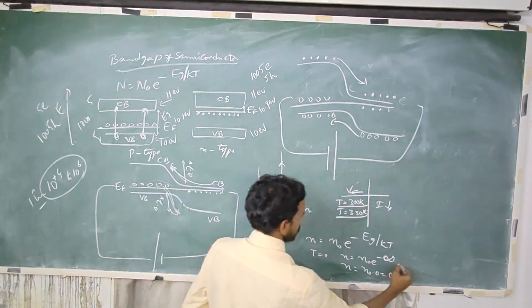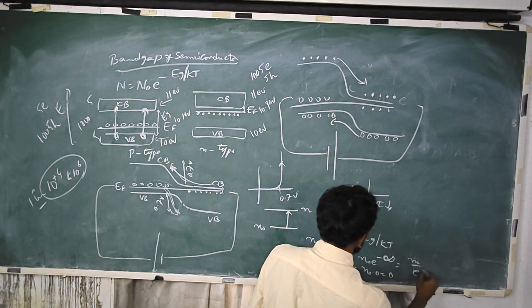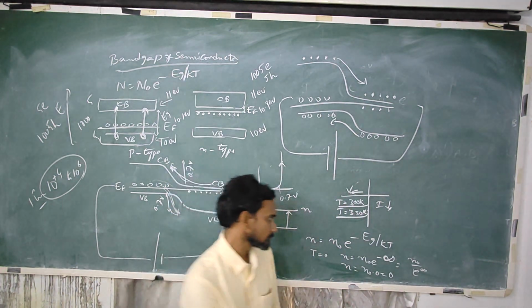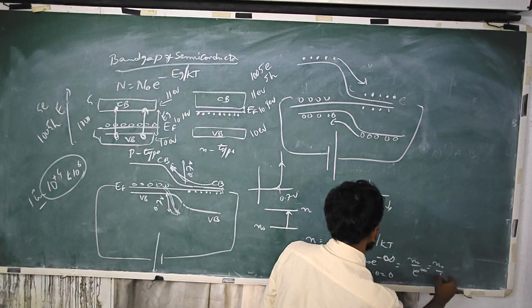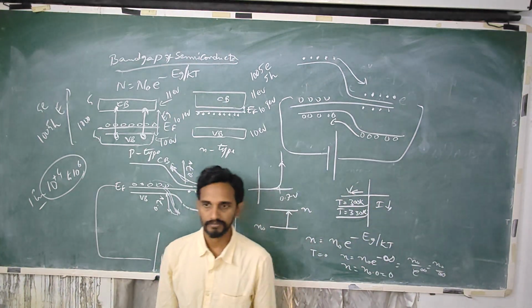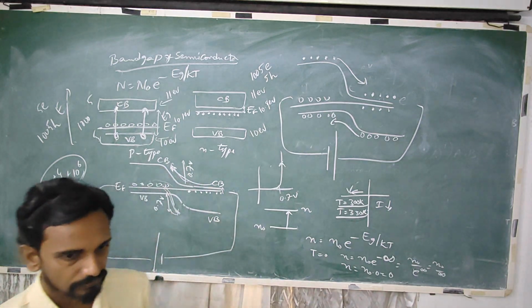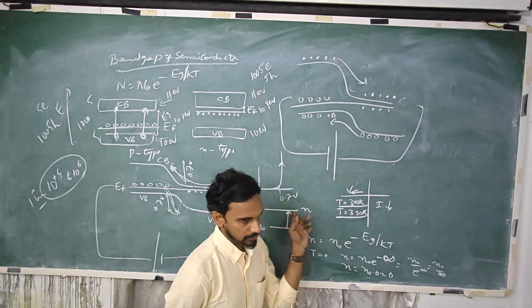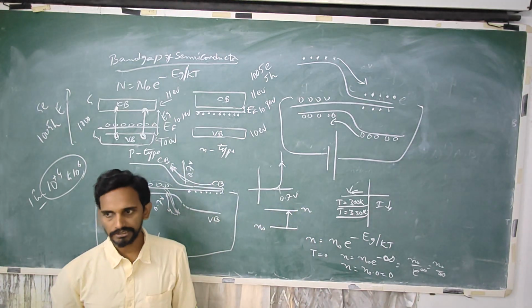So how can we write this power? n naught by e power infinity, that is n naught by infinity, which is 0. So when temperature is 0, the number of carriers in the excited state is 0, and as the temperature rises,